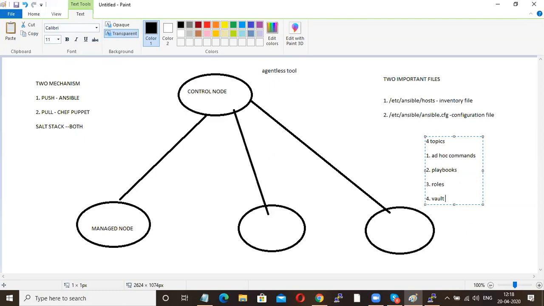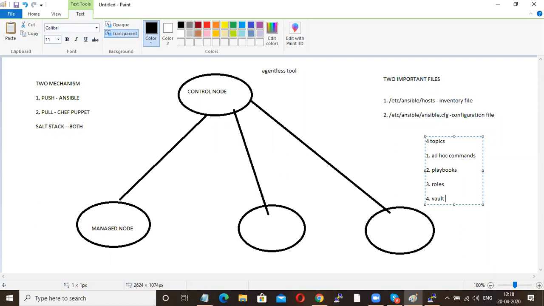These are single activities. Playbooks are for when I want to perform multiple activities or tasks at a stretch. Playbooks will be in YAML format.